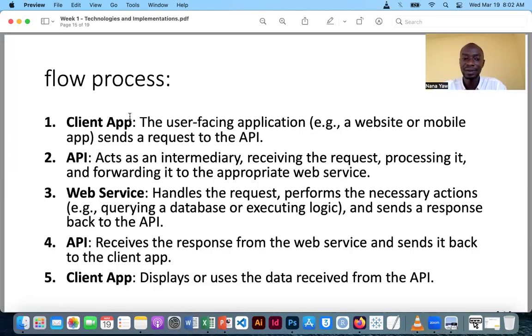First, the client app. You say that the client app is the user-facing application. That's the website where the user is sitting to send the request to the API. The API acts as an intermediary, like I said, like a referee between the client and the web service. The web service is like the Visa. The client is you. So the API is standing between the two of you, receiving the request and processing it, and then forwards it to the appropriate web service,